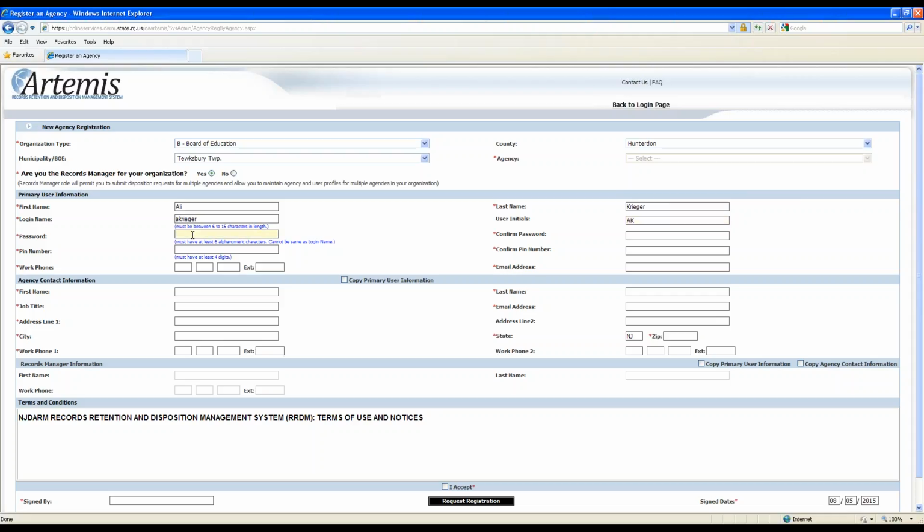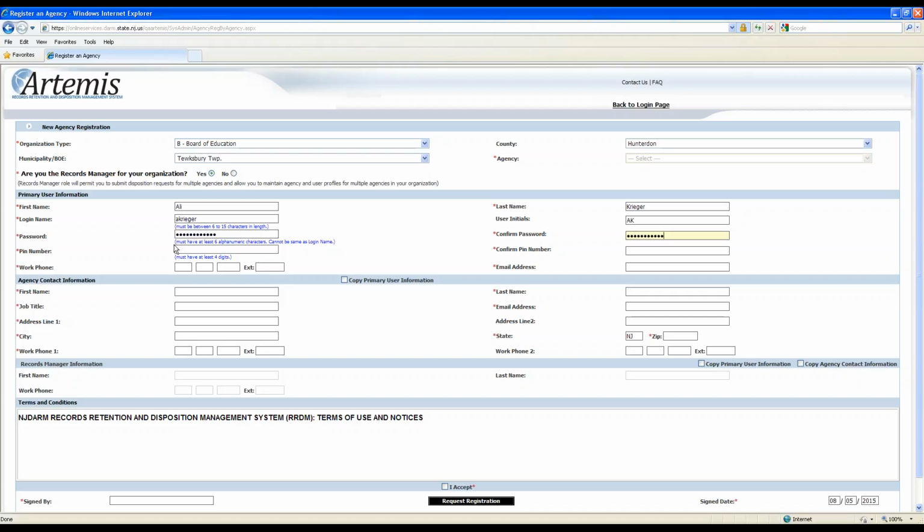And then for password, password should be at least 6 characters in length. We recommend that it's a combination of letters, numbers, and special characters. So let me type in my password here. Okay, and then it's going to ask you to type it again just to confirm it.